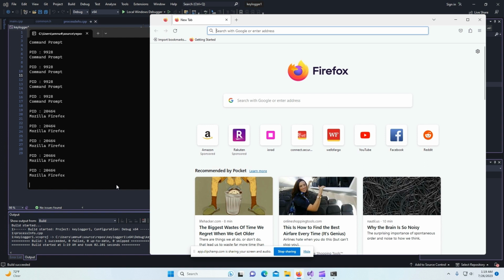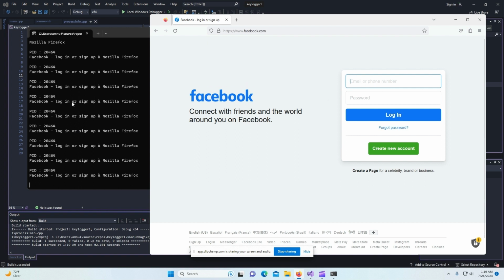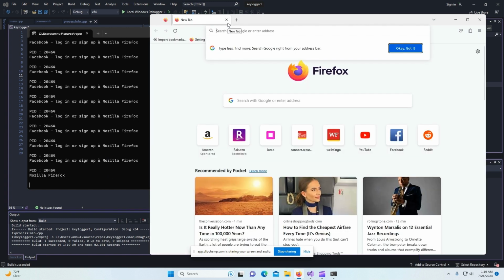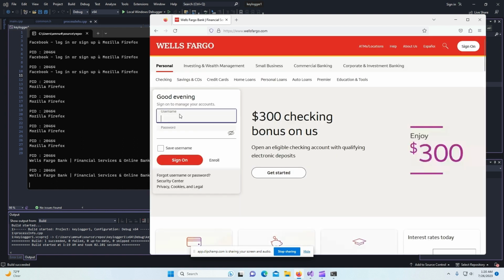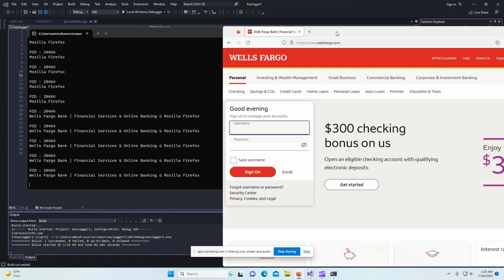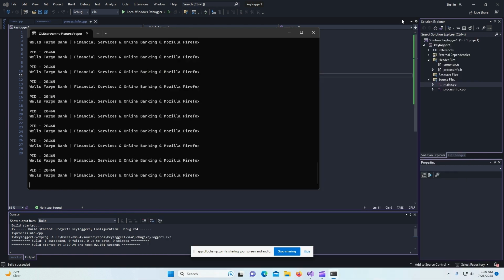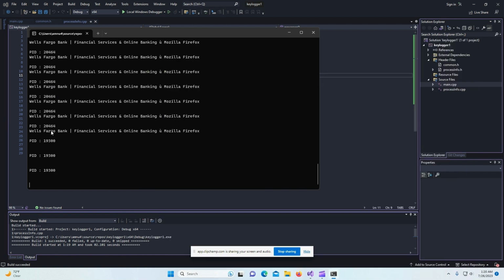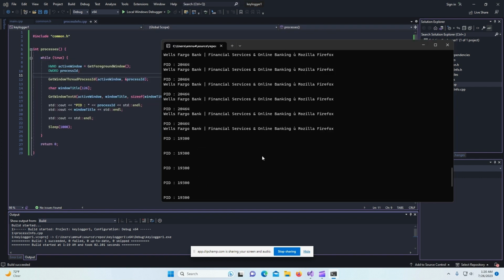And to know if they're using SSH, there's other ways. I'll be using, say, Facebook for an example. Log in or sign up. So if a user comes in and types their keys, and you are logging their keys, you will know they're logging into Facebook or making an account. Or say a bank. Let's go to Wells Fargo, for example. As you can see, it is clearly saying online banking services. So if they type anything here, you know exactly what they're typing, where they're typing it. And we get the process ID of that foreground window. So yeah,